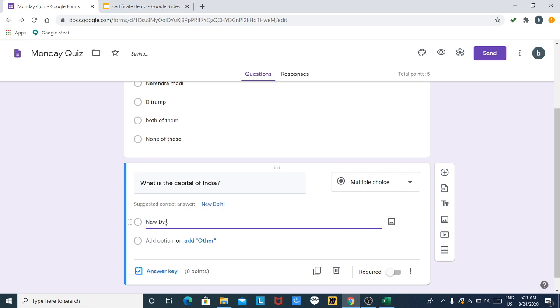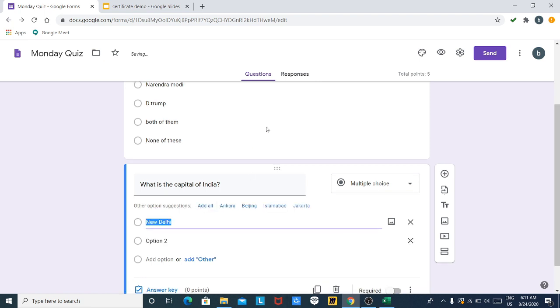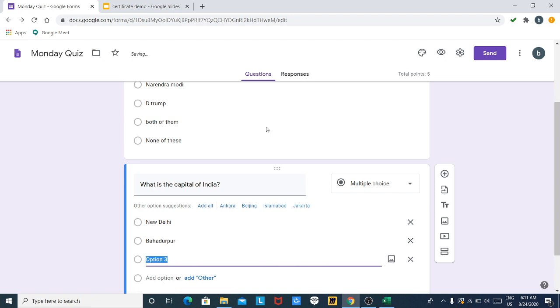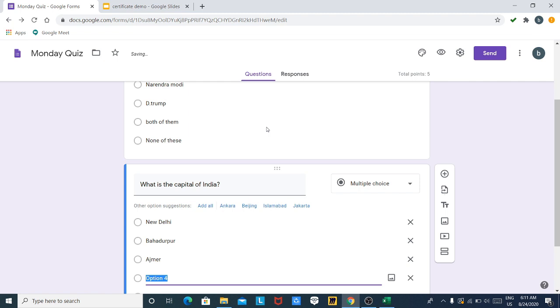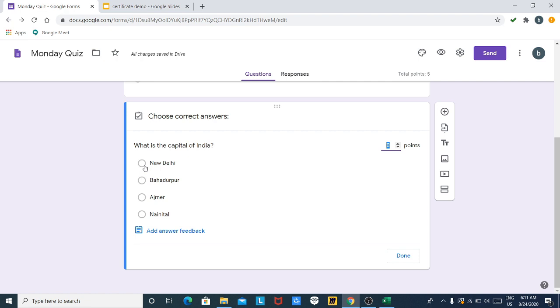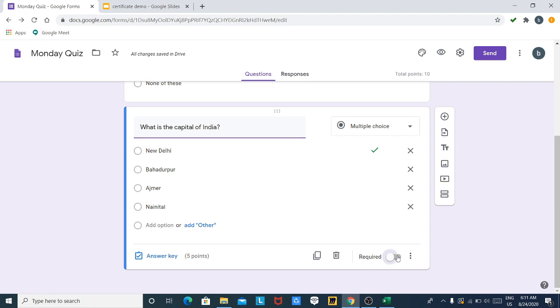New Delhi, Bahadurpur, Ajmer, Nainital. So here are 4 options. Just select the right option, which is New Delhi. Assign marks. So I am assigning 5 points. Click on done. Make this a required question.